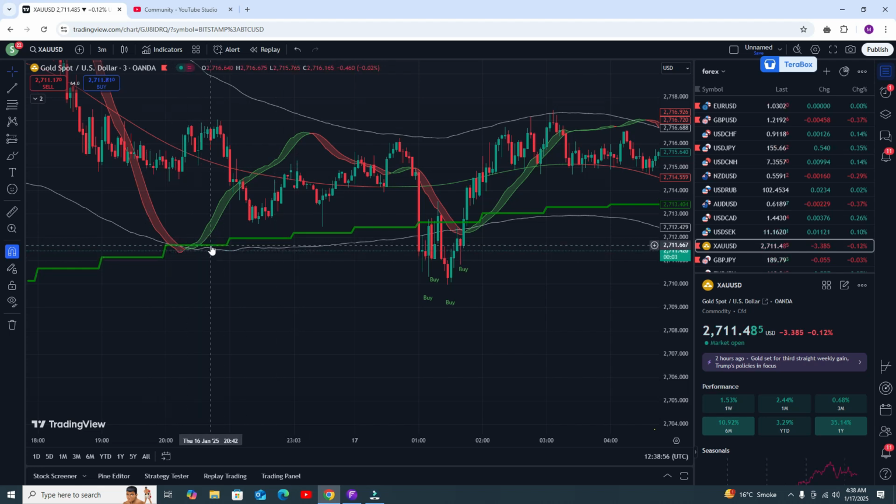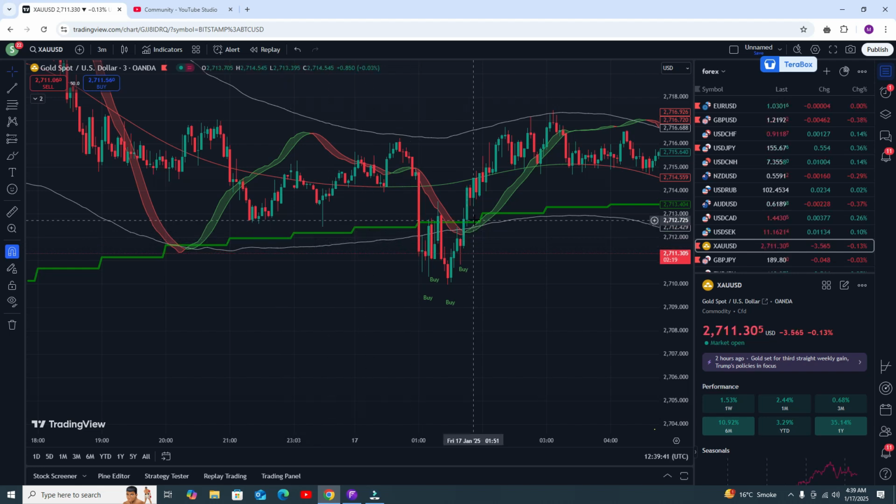We need to keep in mind three major important things. First one, signal. Second one, RSI. And the third one is the trend line. These are the three major important points. When you get the buy signal, that is the first rule. Second rule, RSI should be below the lower band line, or at least touching the lower band line. Second condition is true. The third important rule, this line should be green.